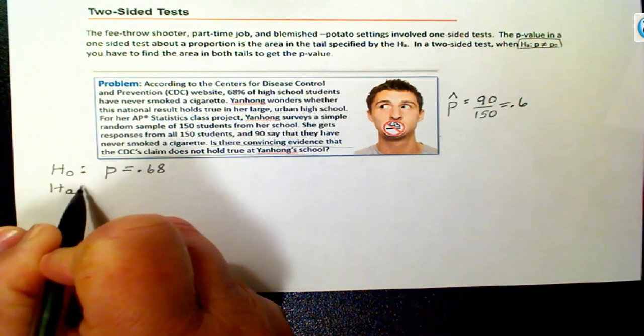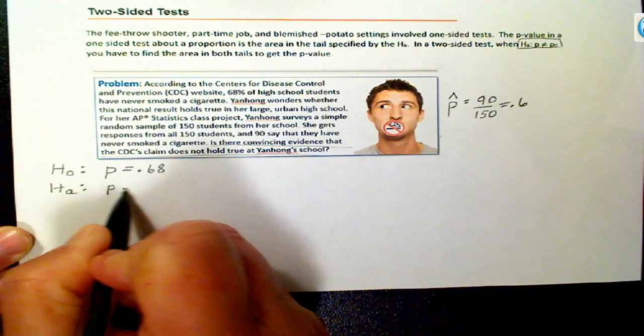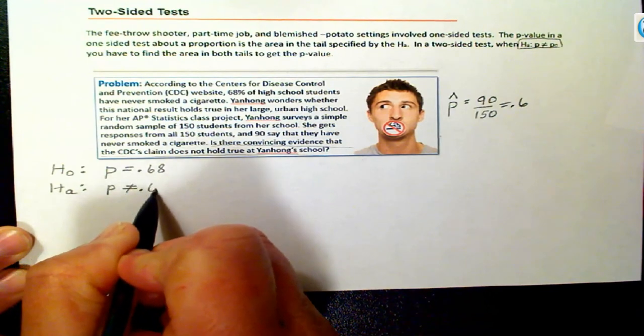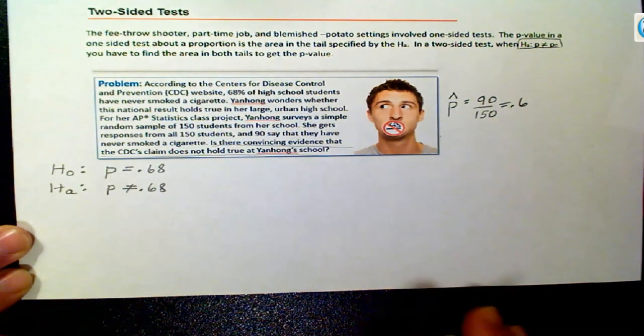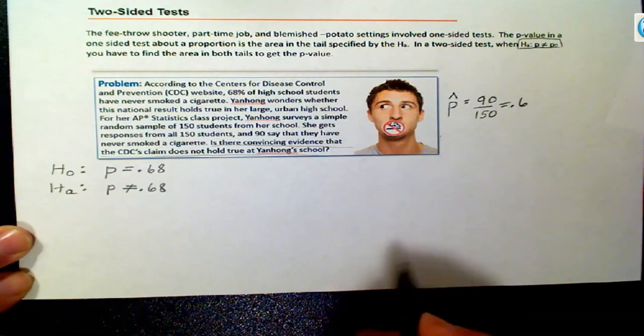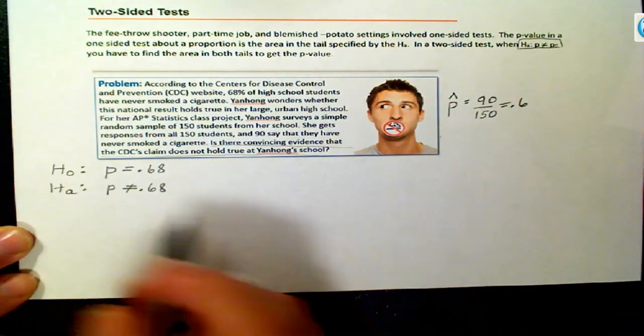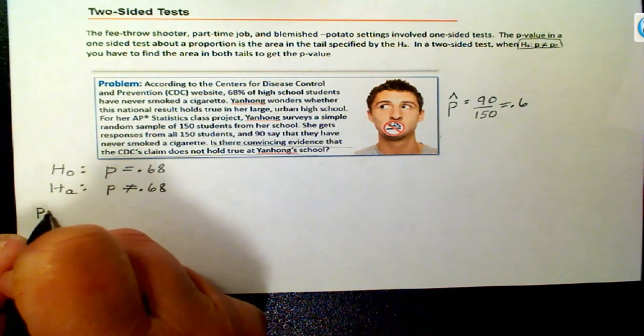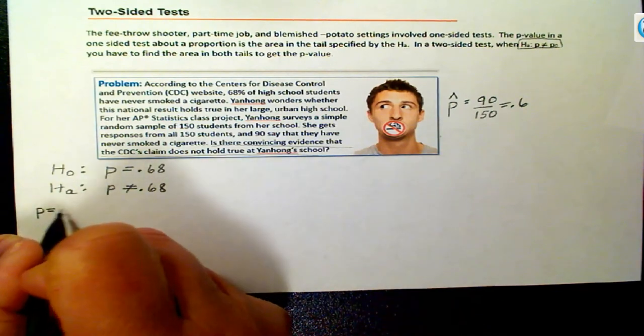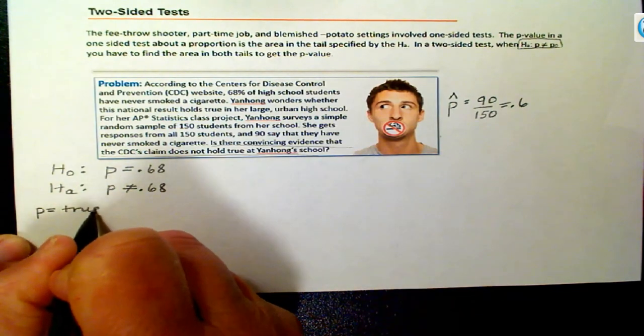Her thought, or what she wants to prove, is that it's not equal to 0.68. This is when you have a two-sided test, okay? Still, it's a one sample. Let's write down what p is. P is the parameter: the true proportion